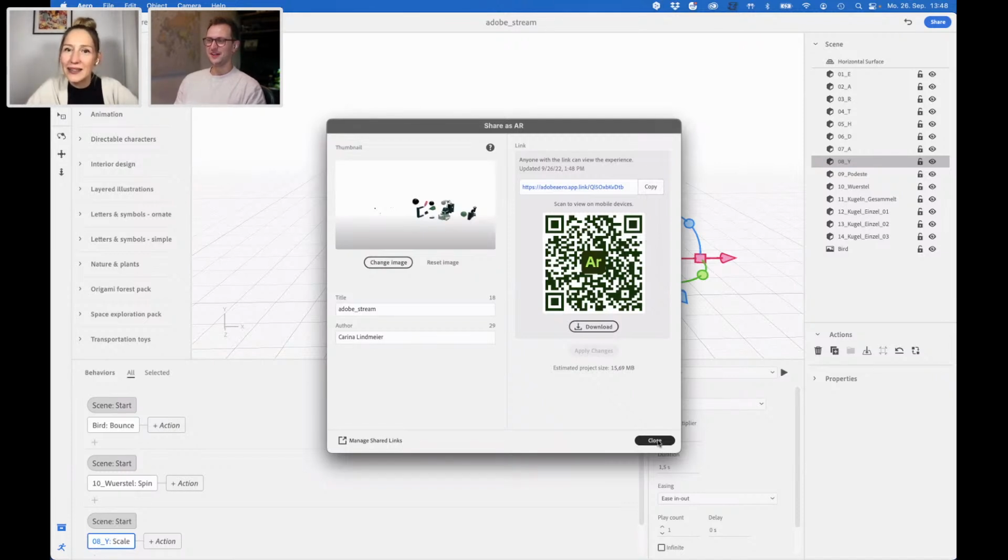So when this is shared, people can go and experience it, and they can see the scene. Yeah. But they can't make any adjustments, right? It's just the final. Yeah, exactly. So maybe some of you have seen the small QR codes on business cards or posters or giveaway cards or greeting cards. Or even at exhibitions, sometimes you can scan the QR code and then some kind of AR experience opens up. So this will be the way to go.